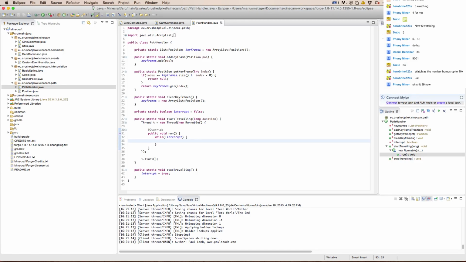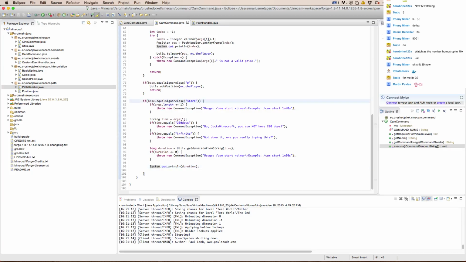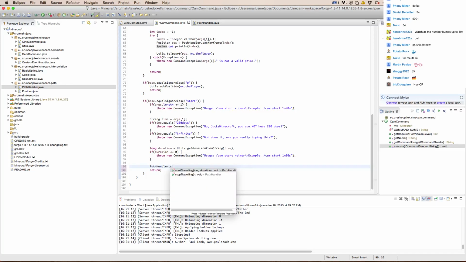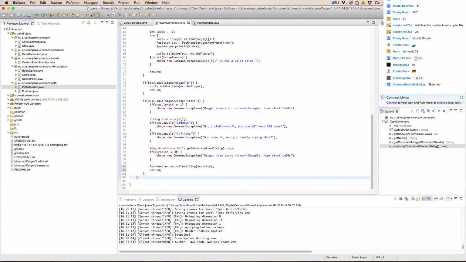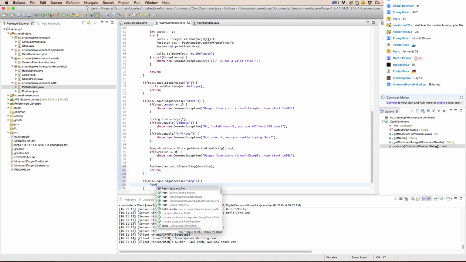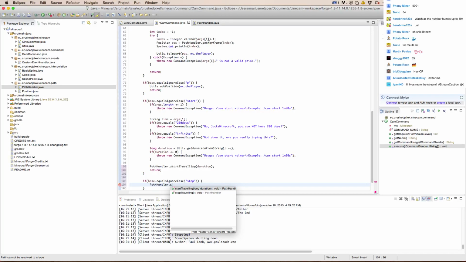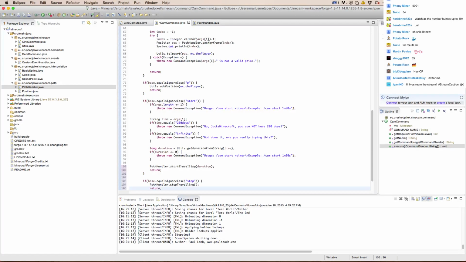I am working on the replay mod for Minecraft 1.8, and I have added 2 methods: start traveling and stop traveling to the path handler. Let's just return, and I'm going to call the path handler start traveling duration here, and if I should stop, all I'm going to do is path handler stop traveling and return again. Okay,